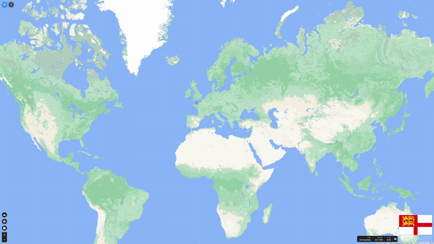So we kinda have to hit not the middle, because the middle will count for Jersey, but let's say the middle of the northern section here. And of course stay close to the coast here of France